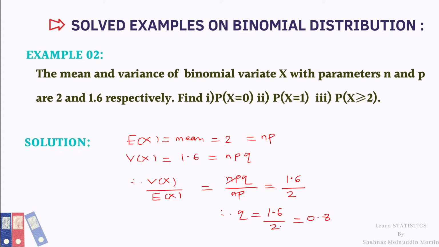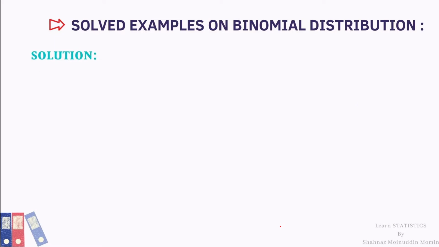0.8. Now we can obtain the value of p with the help of q, as p equals 1 minus q. So it is 1 minus 0.8, which is equal to 0.2. We get one parameter, p, as 0.2. Substitute this value 0.2 in expectation. So expectation of x is equal to np, which is